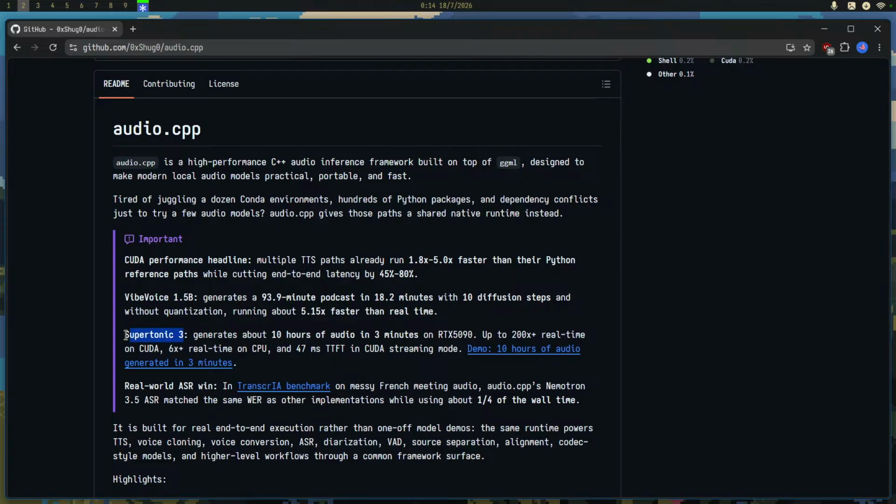So for example, I have made a Supertonic 3 port into C# myself of the inference engine. I mean, Supertonic 3 already had a C# library for inferencing, if I recall correctly, so I didn't actually port that.